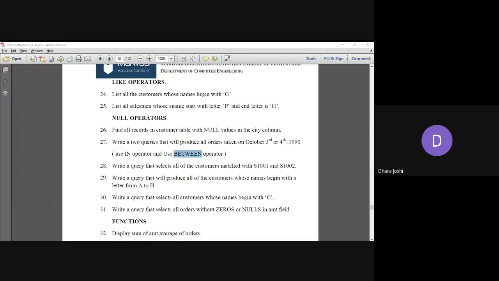Okay, so Dhwani replied here, select star from order underscore new where two character between the date 3rd October and the date 4th October. Okay, so two character is used and the date is there. Yes, this query is perfect and it is also executing well. It is the correct solution. Or else you can select the previous solution too. Select star from order 1 where order date is between these two values, lower and upper limit. It is also working well. Okay, good.